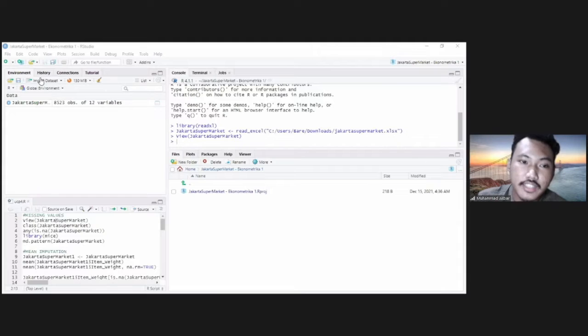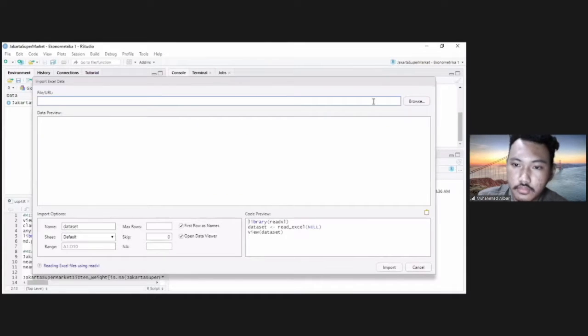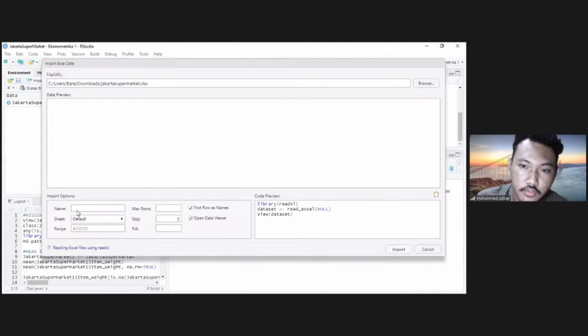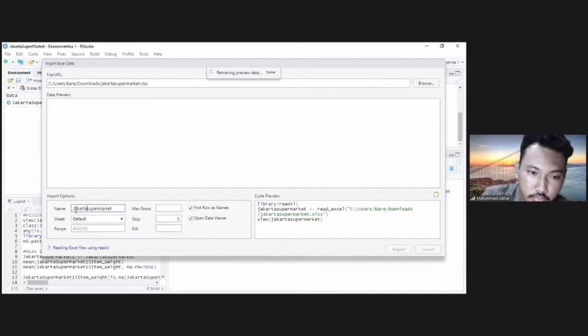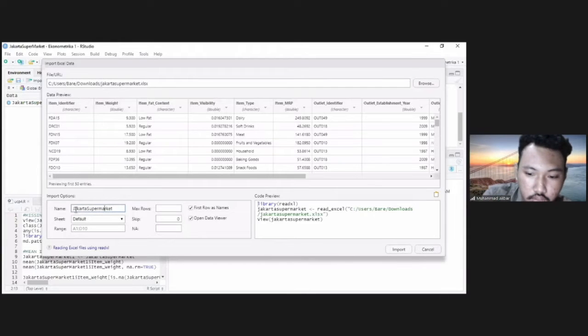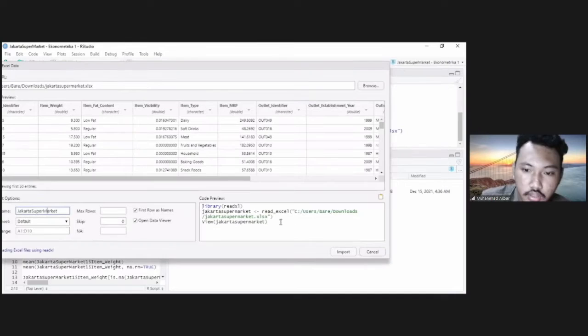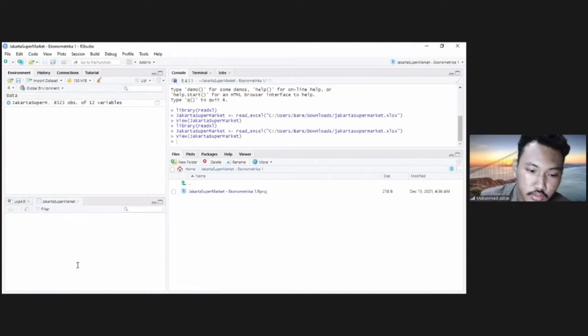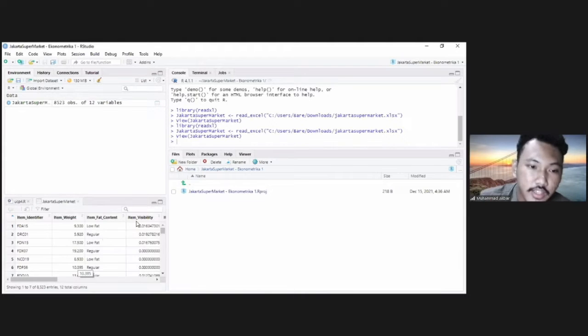Click Import Dataset from Excel, browse, import. Here's the data.